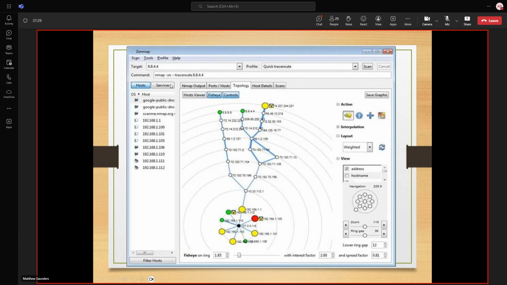Now, here's an example of what ZenMap can do in terms of giving you a sense. These are like router hops, essentially, giving you a sense of your environment, how it's laid out, gives a nice visual. That's kind of what the business people like, you know? And it can be helpful for us to just kind of visualize things. So that's a nice thing to throw into a report.